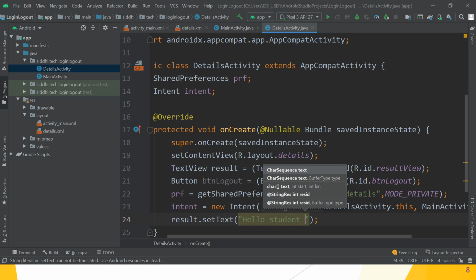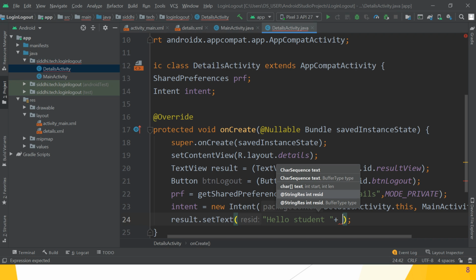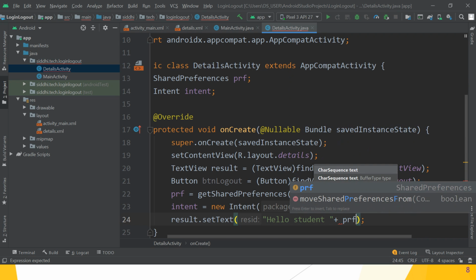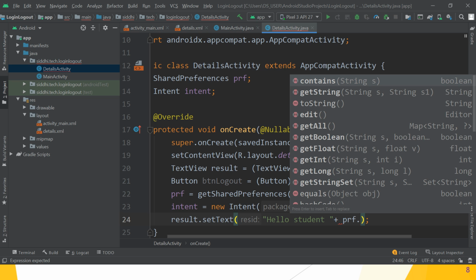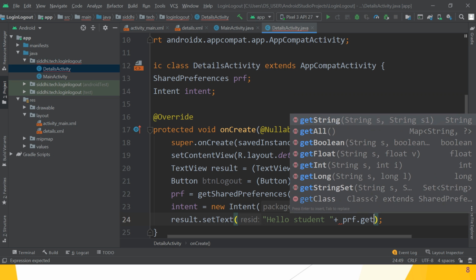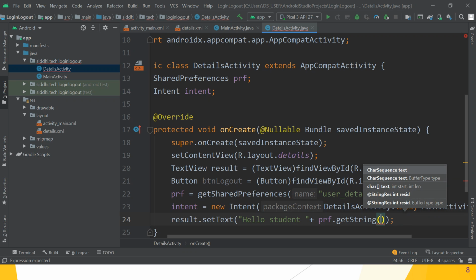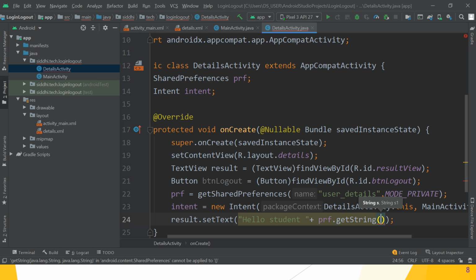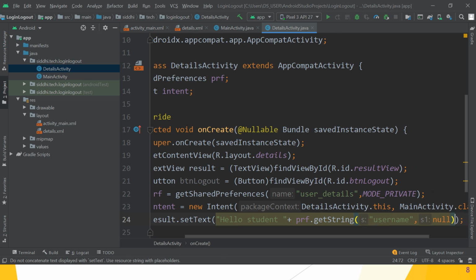After that, retrieve the data from the shared preference file using the object of the shared preference file dot get string method. In the get string method, specify the name of the user, that is user name of the user, then pass the value as a null default value.